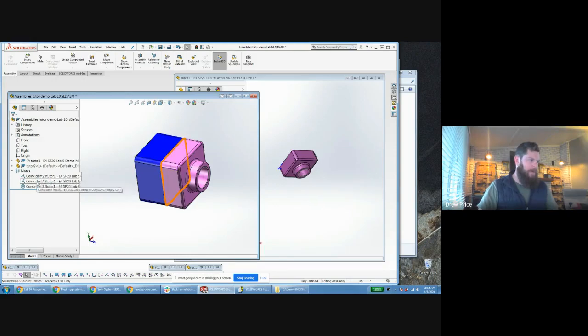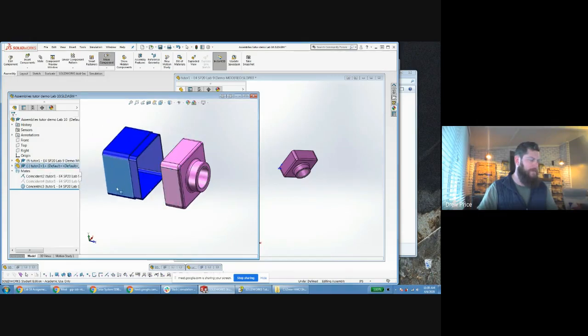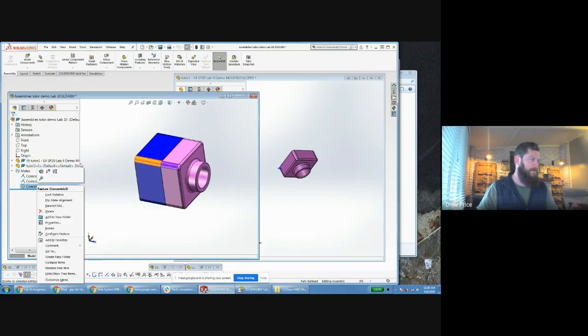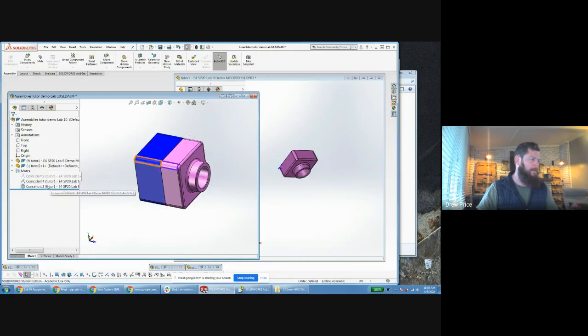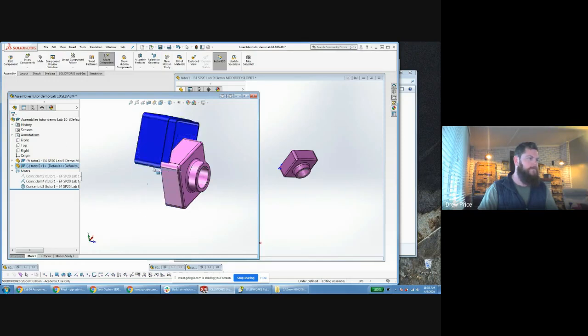So remember if I suppress this mate that's holding the two faces of the boxes lined up with each other, the only way it can move is in the directions that are still existing in the mates that aren't suppressed yet. So if I unsuppress that and it's fully defined again, now I'm going to suppress this coincident mate holding the edges together. So now I've got the coincident mate holding the boxes lined up with their faces, and now I've got this new concentric mate. So now if I drag this box, it moves in the directions that have the existing